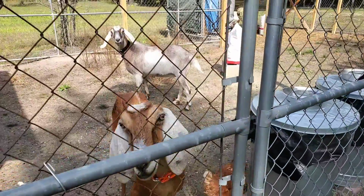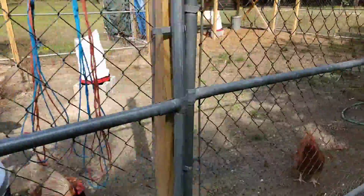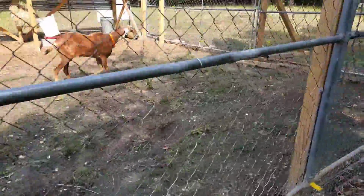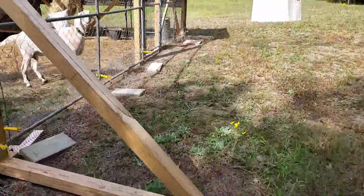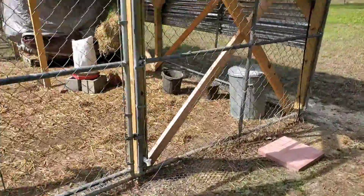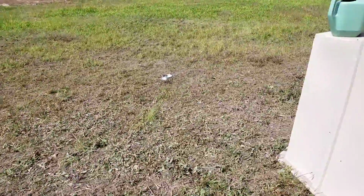The trick is to get them tied up without letting them get away. As soon as we get this fence done, they'll be able to wander around and do their own thing. But what I do is I have these 2 black buckets. I'll get those out, I'll put feed in them, then I let them out and I tie them up. So let me do that and then we'll...